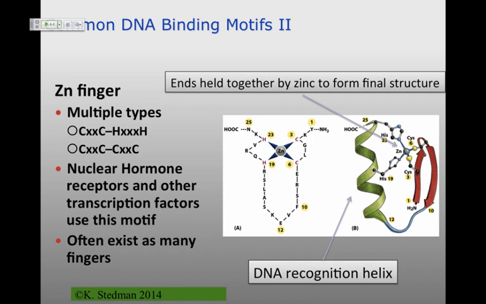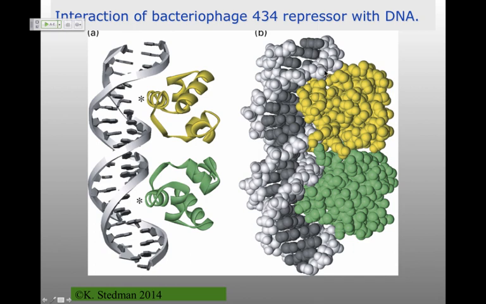Again, it's a very common theme. There are exceptions, but pretty much all of the DNA binding proteins that we talk about in this class are going to have binding of an alpha helix in the major groove. There are a couple of different ways of doing that. One, let's actually back up here really quickly, is what's called the helix-turn-helix. And so that helix here in the major groove has another helix on top of it. So helix, turn, which is in the back here in the yellow one, helix.